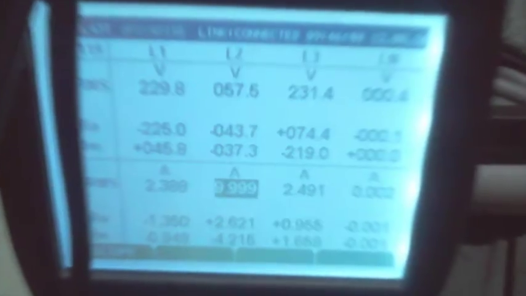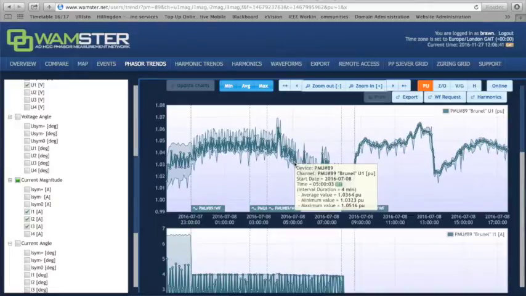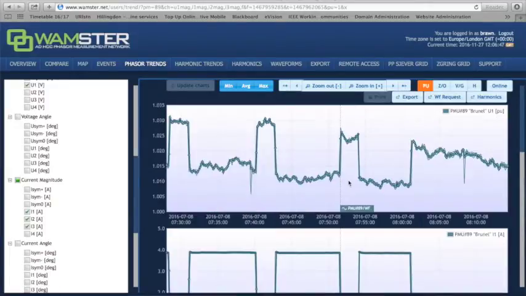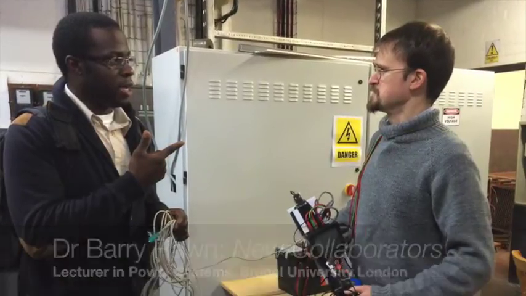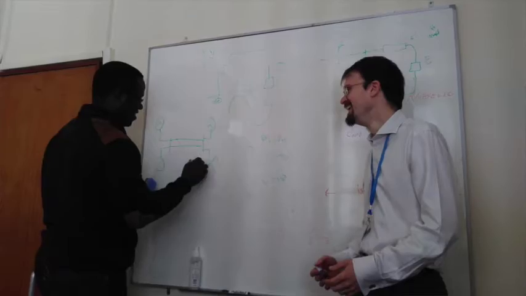So we had to perform some measurements, and we also went back to the drawing board and thought about what this could mean for the design of the power electronics involved. Dr. David Oyedokun is one of my counterparts at the University of Cape Town. We spotted a number of ways to collaborate in the future.